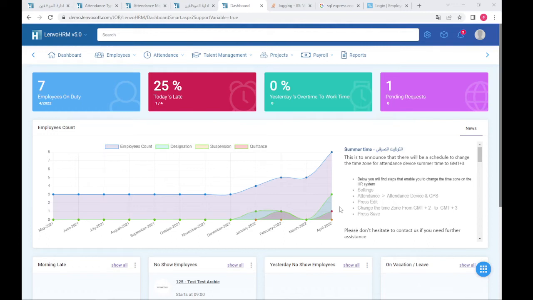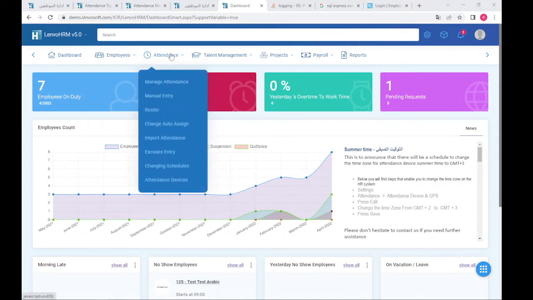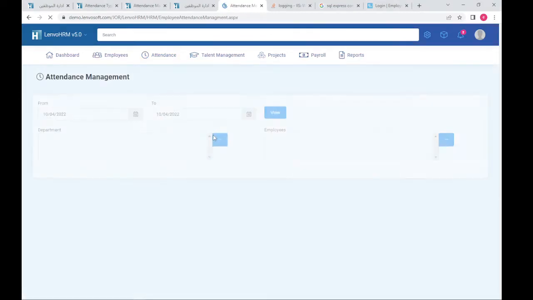In this video, we will go through manual amendment for attendance transactions. Mainly, all transactions related to attendance could be found within the attendance menu. Clicking on Manage Attendance,